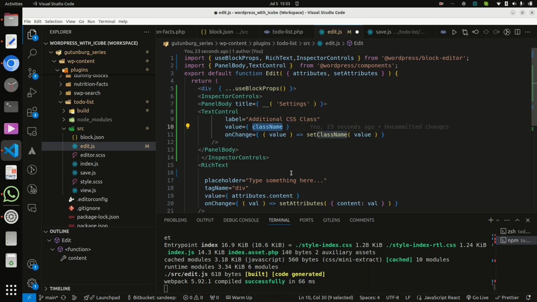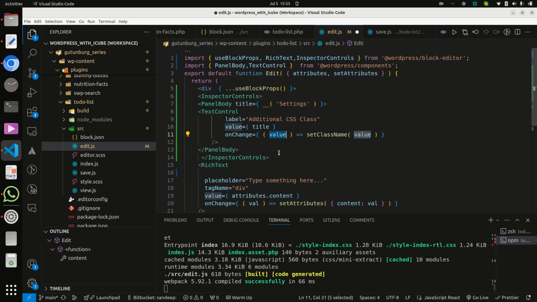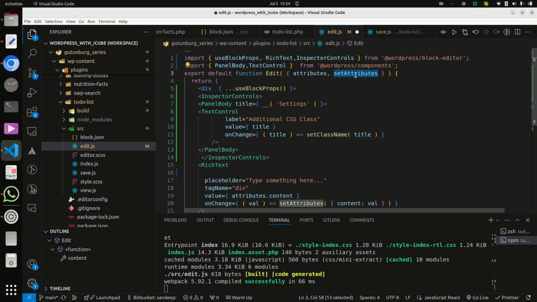I am using value like title, and onChange, I am using setAttributes, so that it will be good.